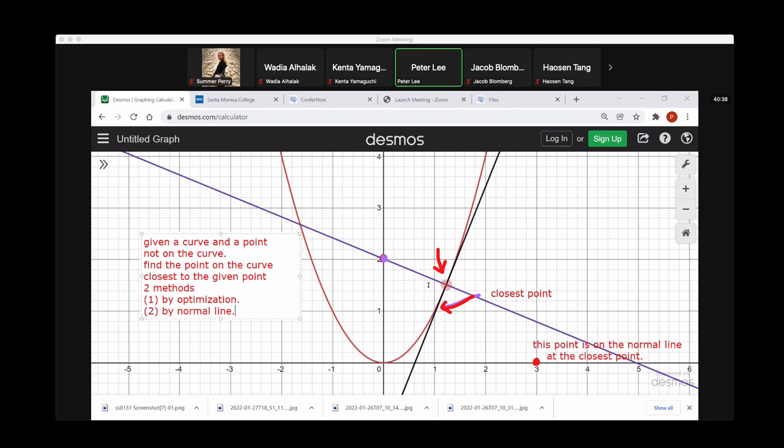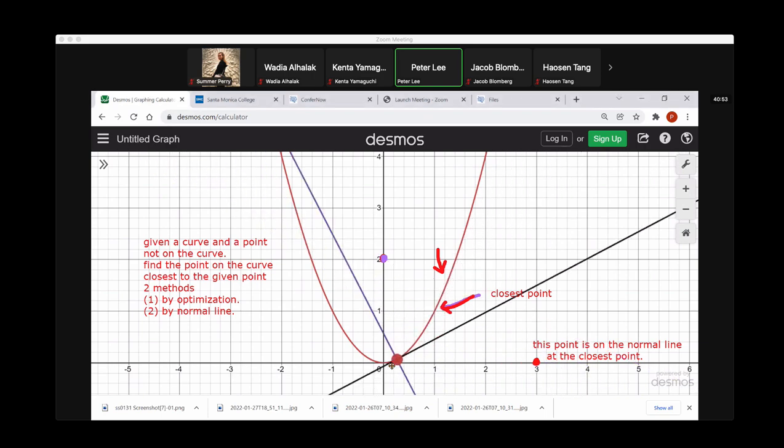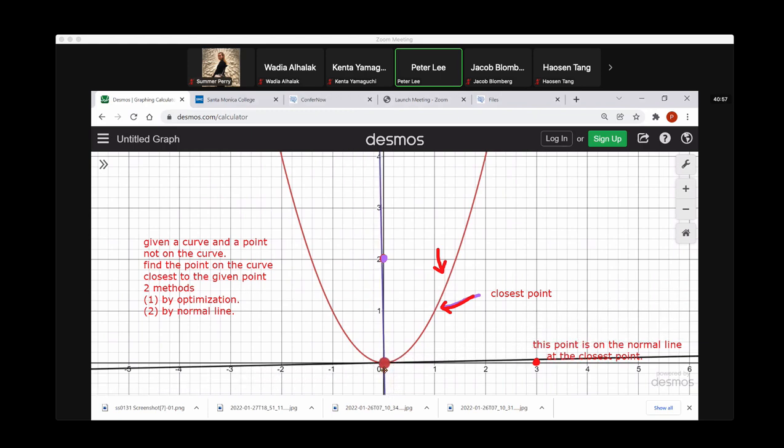Of course, the trick is that with the normal line method you have to be a little bit careful, because there might be another one right here. If I bring this over here, you might actually get this. It passes through this one, and if I go to the origin, it passes through that one as well. At the origin, this distance is actually